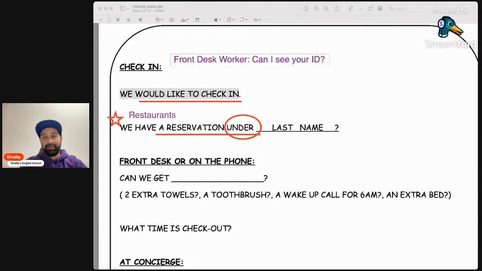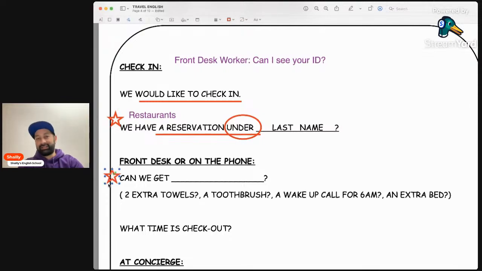Now, for example, if you are in your hotel room, but there are not enough towels, you want more towels. What if there's no toothbrush in your room? You want a toothbrush. Anytime you want something, the question I want you to remember is, can we get?